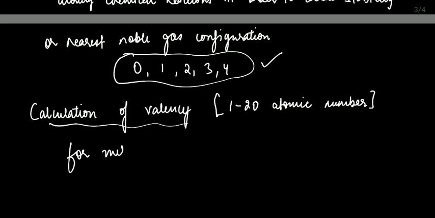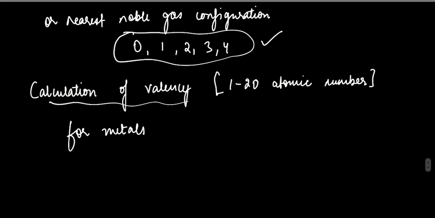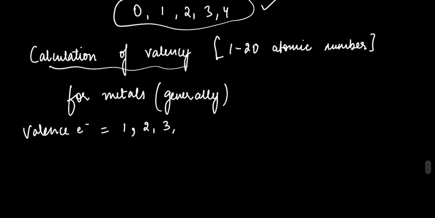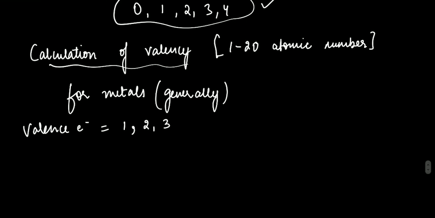For metals, we have valence electrons, generally, because there will definitely be exceptions. The valence electrons are either 1, 2, or 3. I want to remove the 4, till 3 only we have. So the valency for metals is going to be the same as the number of valence electrons,